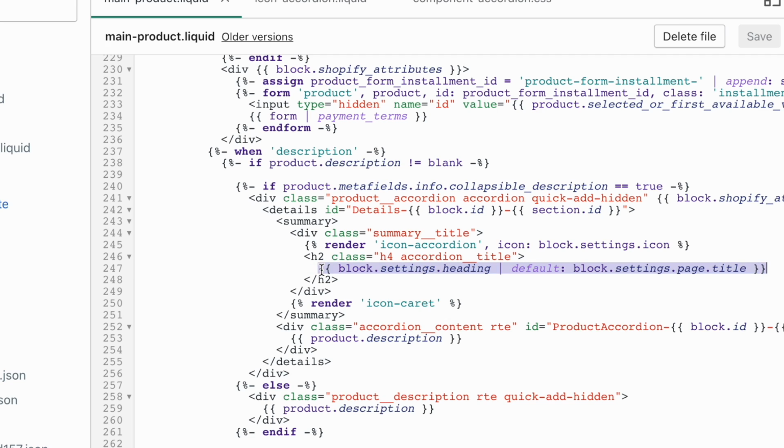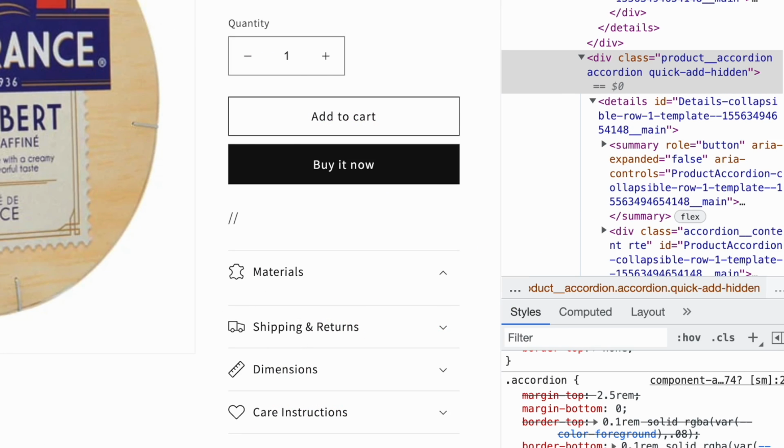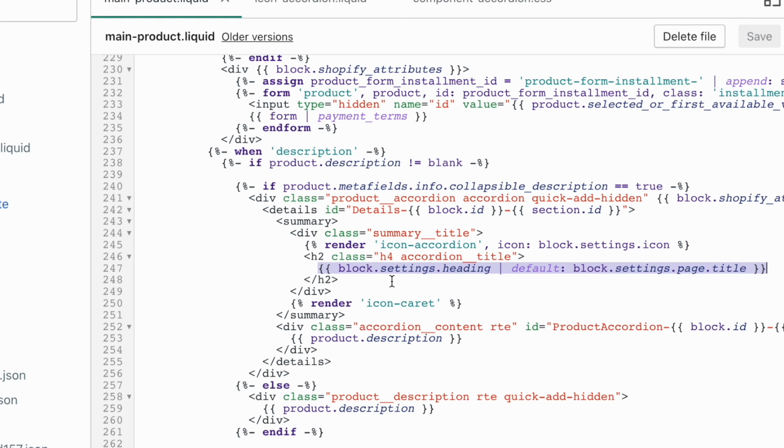And inside that, this is the content. So we're going to replace this. We don't want it to say materials or whatever it is set in the block for those collapsible tabs. We just want to set some basic text for that, which we're going to be editing here. So I'm just going to use description for now. And then